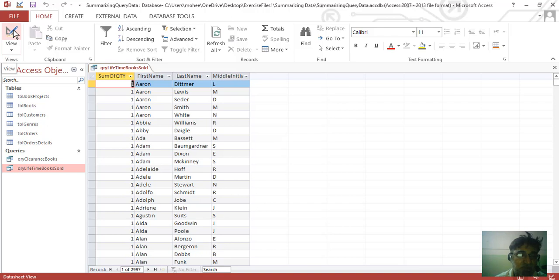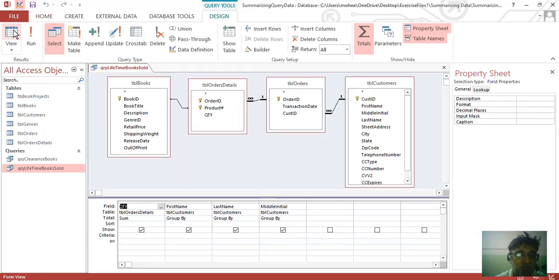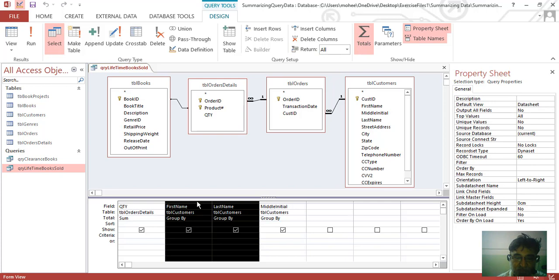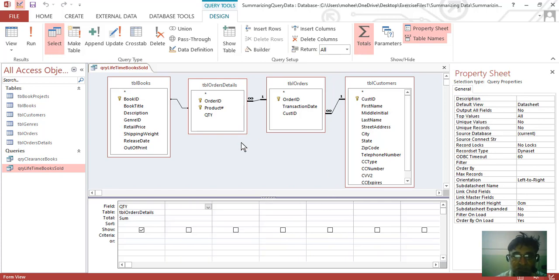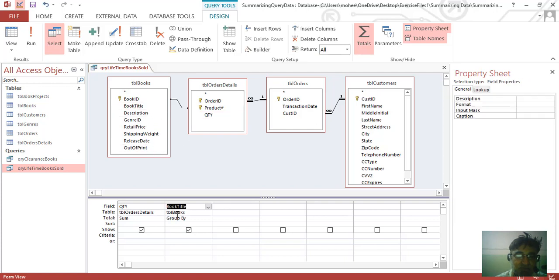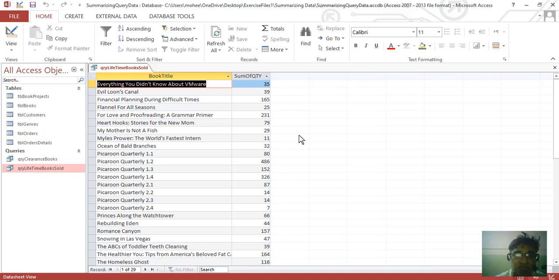So the number of records is equal to the number of customers, because mainly our customers order just one book. So if we delete all these three fields, and insert the book title, let's see the data.